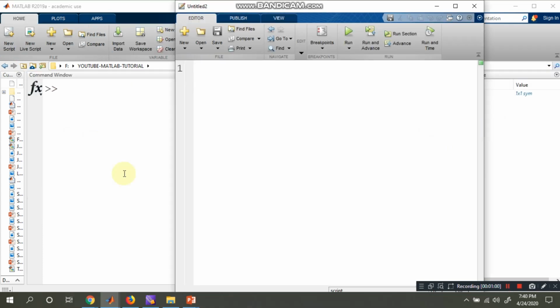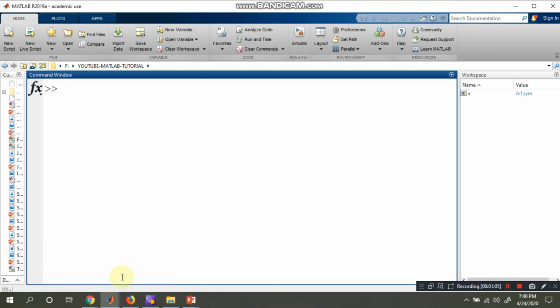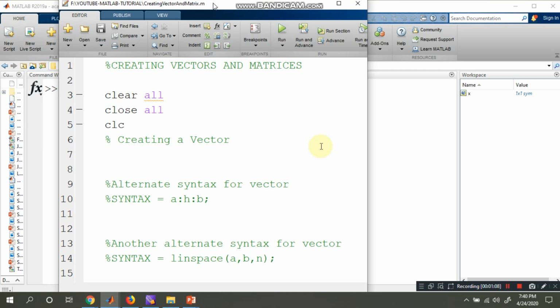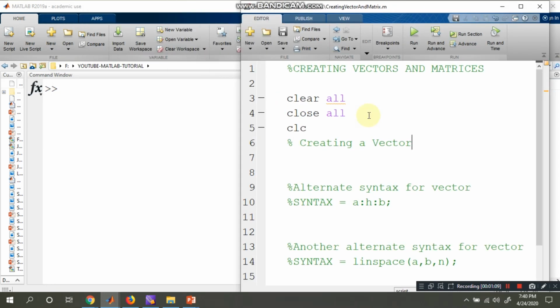So this is how the editor looks. I already opened one script file like this. Once you click on the save button, you can save it with any file name.